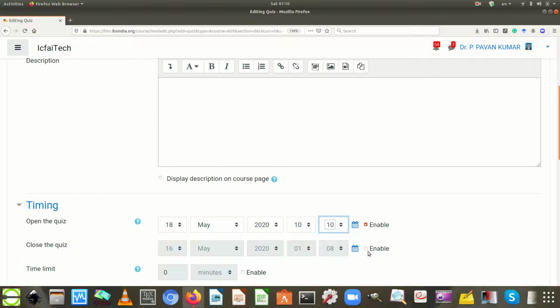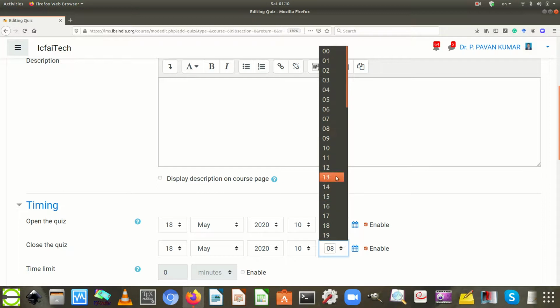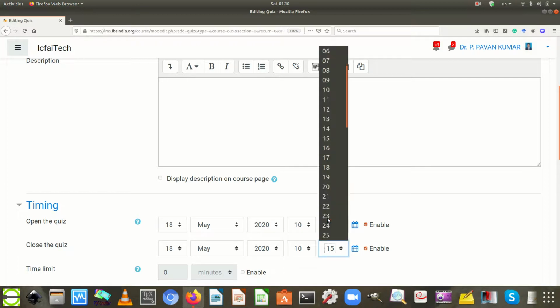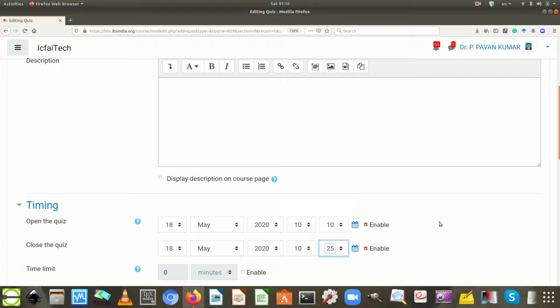Later, enable the closing of the quiz and select the appropriate date, month, year and hours, even minutes also. Here we are providing 15 minutes. So the starting time is 10 hours 10 minutes, plus 15 minutes means 10 hours 25 minutes.